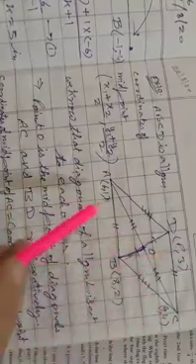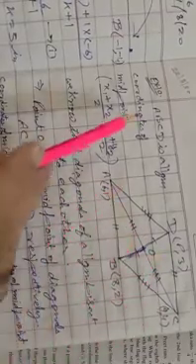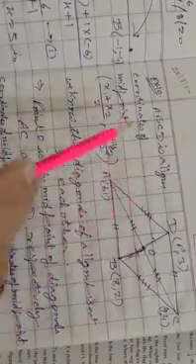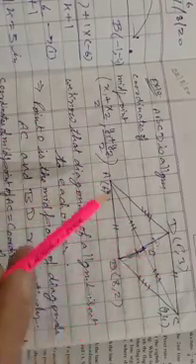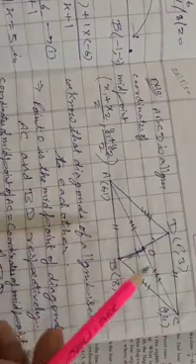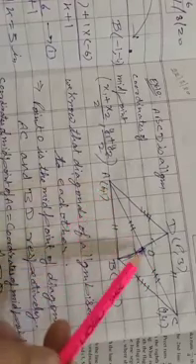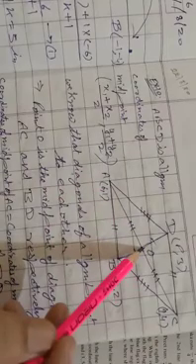Now we draw a parallelogram ABCD. Opposite sides of a parallelogram are equal and parallel. Let ABCD be a parallelogram. We know that diagonals of a parallelogram bisect each other. This means OB equals OD and OA equals OC. So O is the midpoint of diagonal